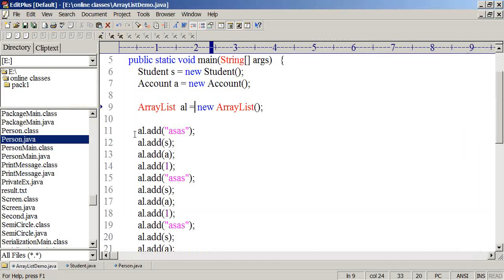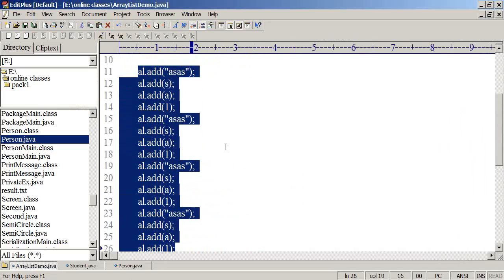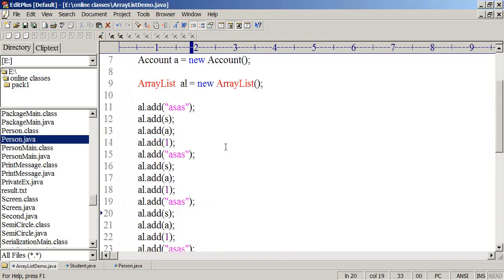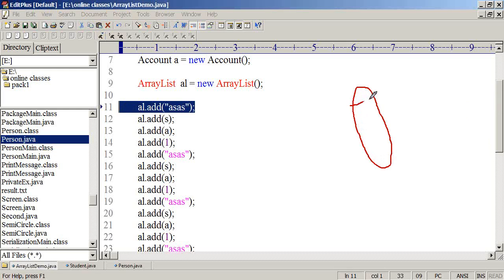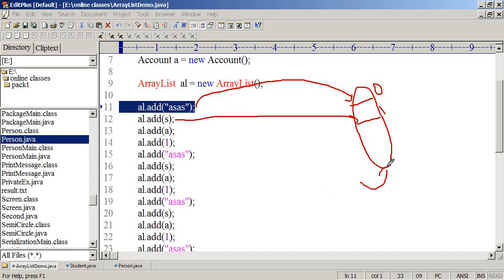Right? So adding the data is very simple. Right, so how is the data added here? I did not specify where to add this data, because ArrayList is a collection. So it keeps on adding. The first object will be added into the first position, then the next object will be added into the next position, like first index, like this. We don't specify any index. It always adds the data to the end